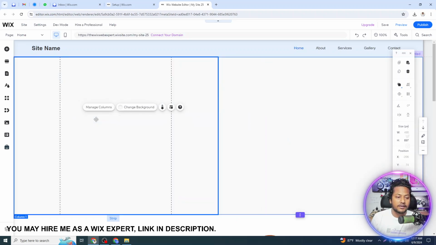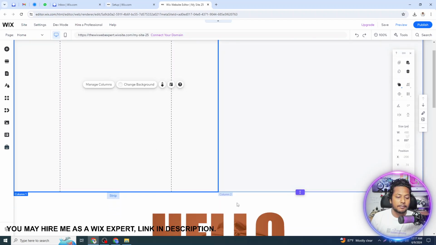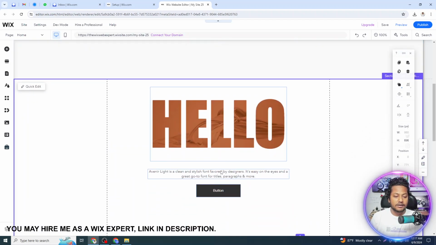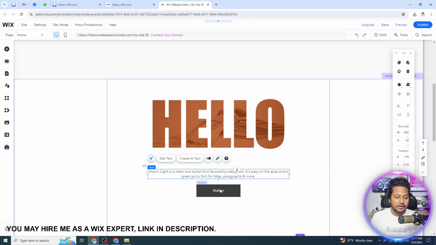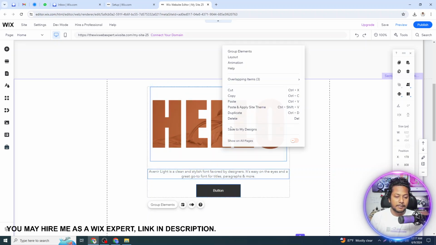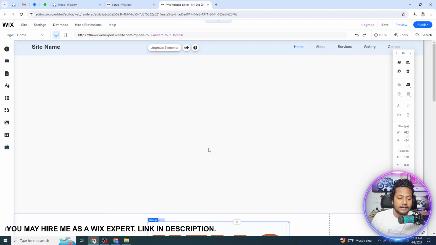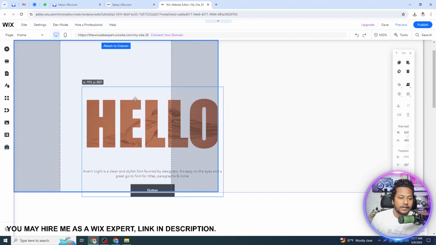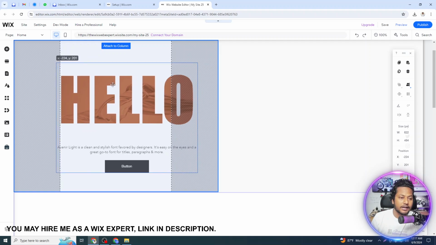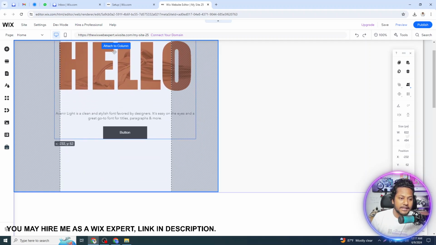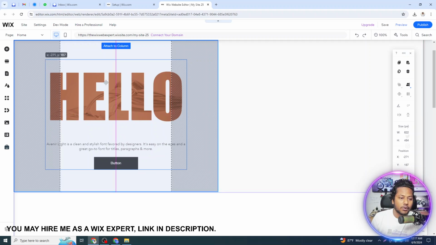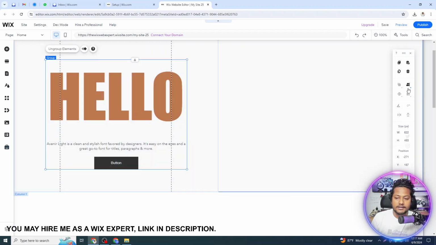So if I want to put some, let me bring this one, copy, I can make them group. Where is group element, and then let me move it here. When I drag and drop it, then you can see here a message, attach to column. So I attach this with the